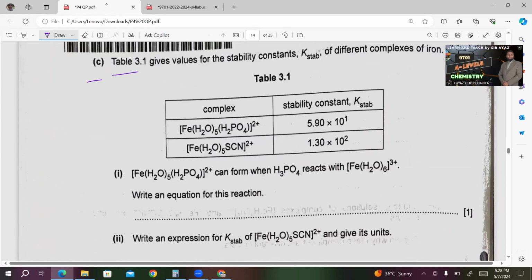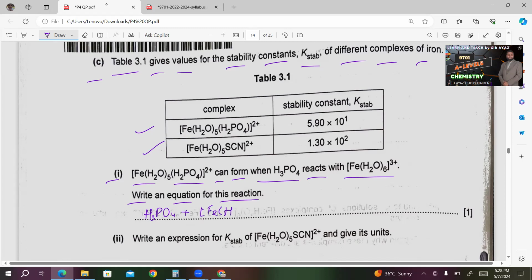See, table 3.1 gives values for the stability constant Kstab of different complexes of iron. We have two different complexes, the stability constant given. Number one, [Fe(H2O)5H2PO4]2+ can form when H3PO4 reacts with [Fe(H2O)6]3+. Write an equation for this reaction. We have the reactants H3PO4 plus